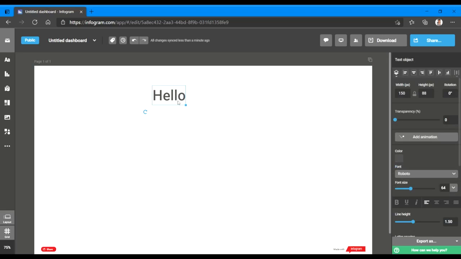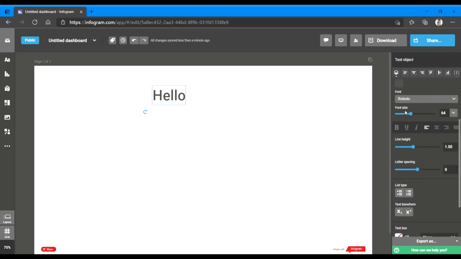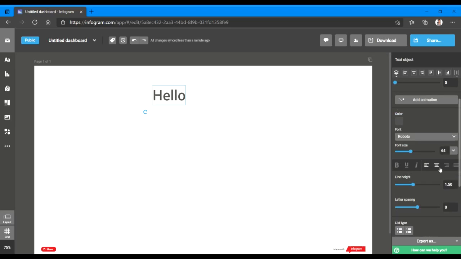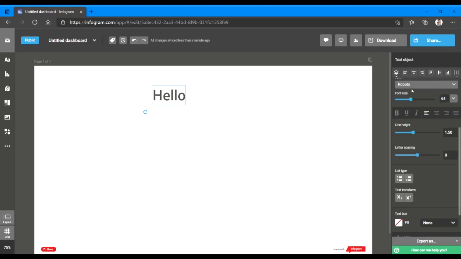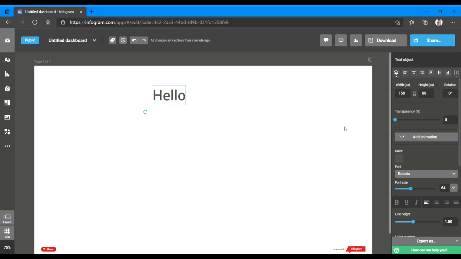You have different controls for your text box and here you can change its size with these custom boxes. You can select the transparency, select the font colors, bold, underline, italic, alignment, height. These are the various options available. This is for where you want your text box, the center alignment, left alignment, right alignment.